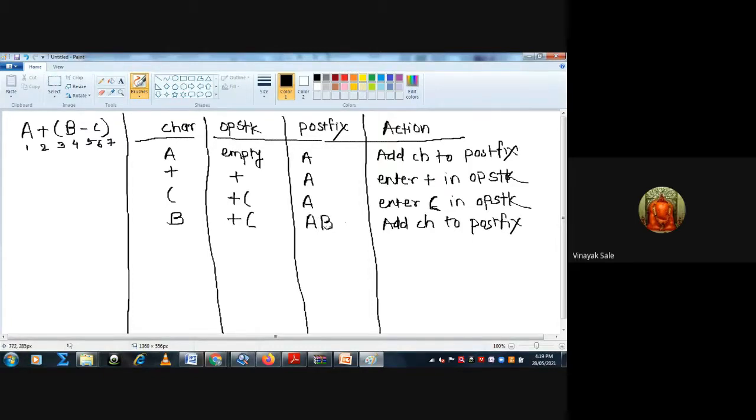Then the next symbol is the minus sign. The operation stack has plus, then opening bracket, then minus. The postfix is A B, and here the action is to enter minus in the operation stack.